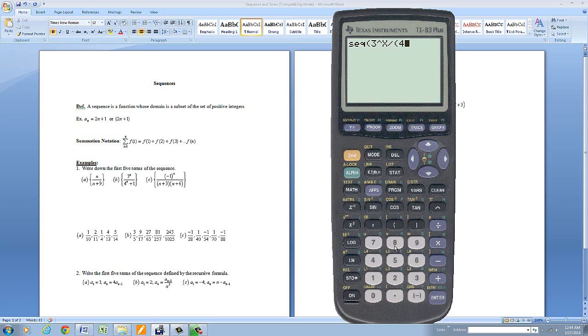And this will be 4 exponent of x plus 1, close parentheses, comma, and then x, tell the calculator the variable, and then the range again is from 1 to 5. So this is 1, comma, 5, close parentheses, hit enter. Again, I get decimals, so go to math,